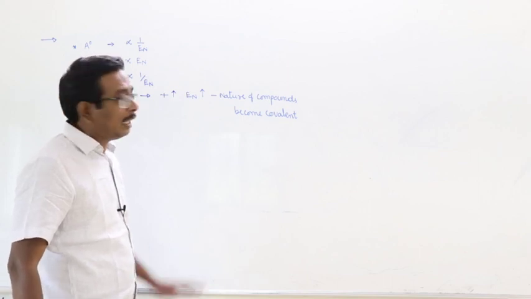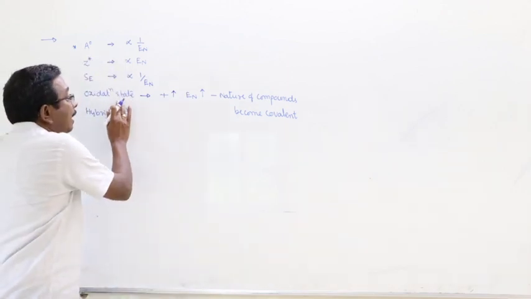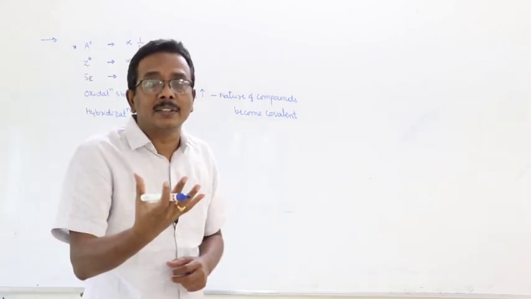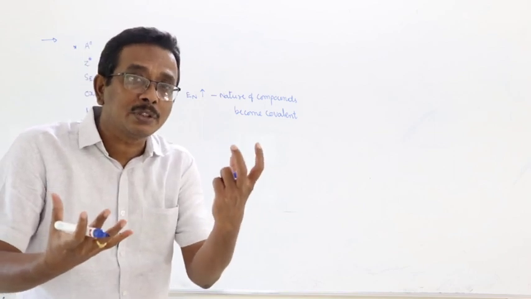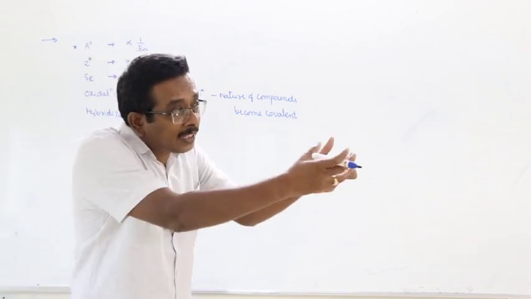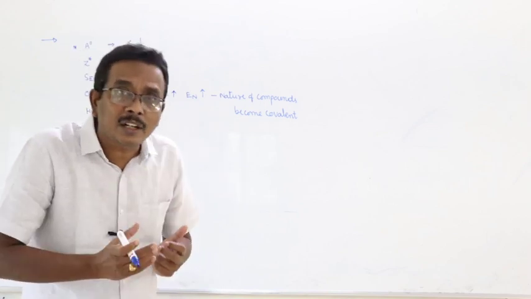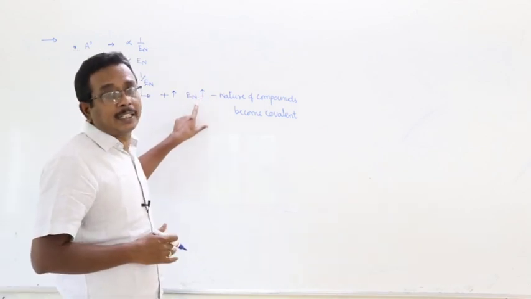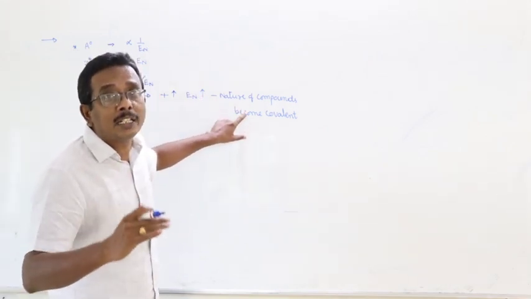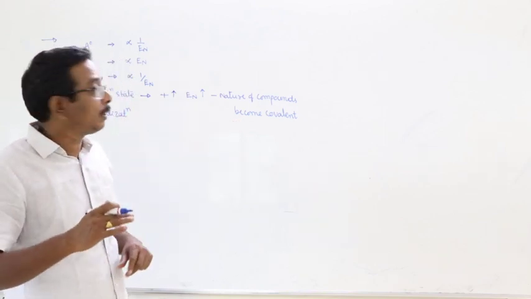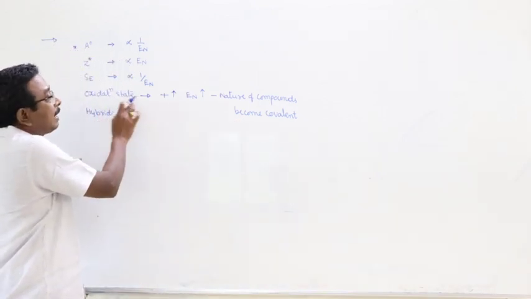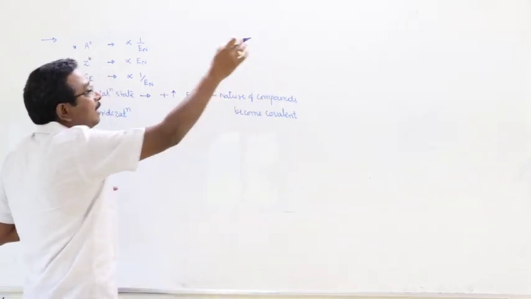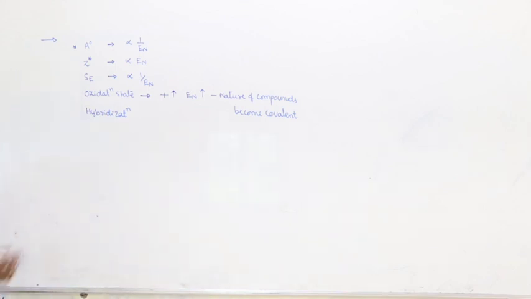How can you explain this? As the atom loses electrons, the nuclear charge increases and the number of electrons, or negative charge of the electrons, decreases. Therefore, the nucleus tightly attracts electrons. Means what? Electronegativity increases. As the electronegativity increases, automatically the nature of compounds varies from ionic to covalent. So, here with increase of the positive charge of the oxidation states, electronegativity increases and the nature of the compounds becomes covalent. Hybridization.